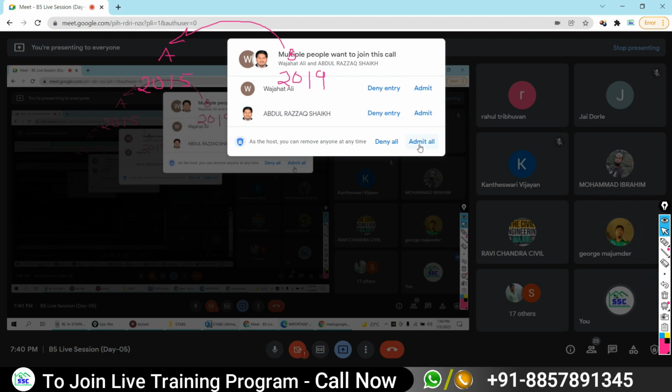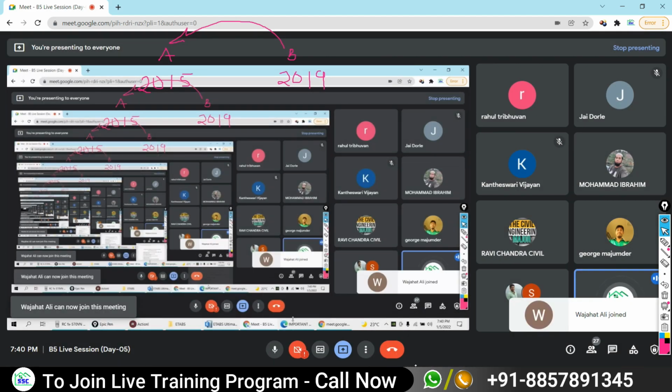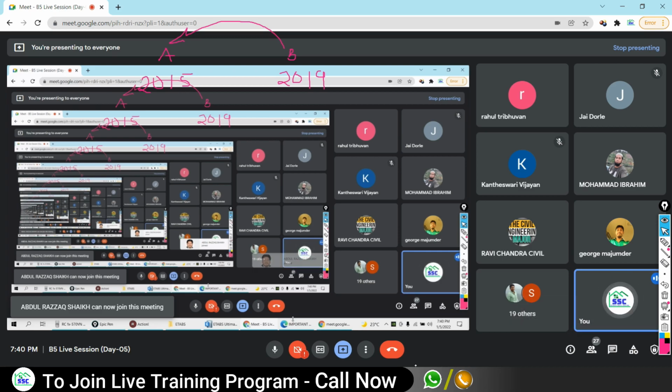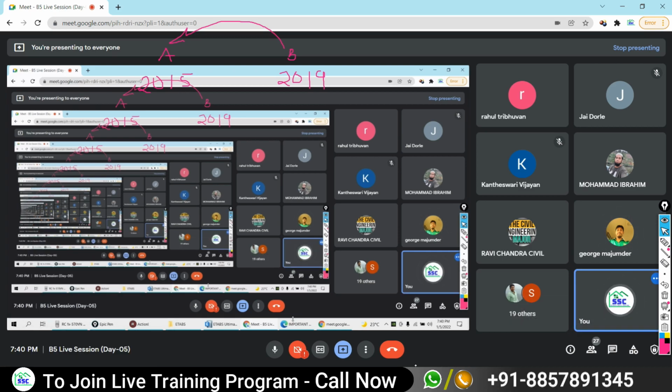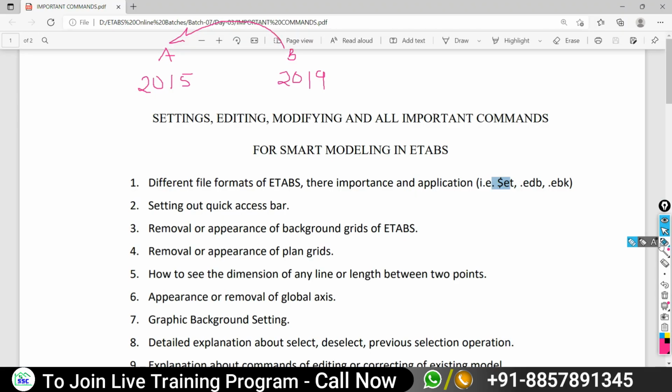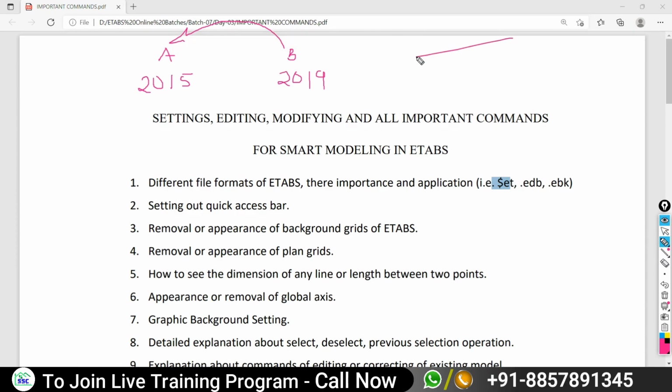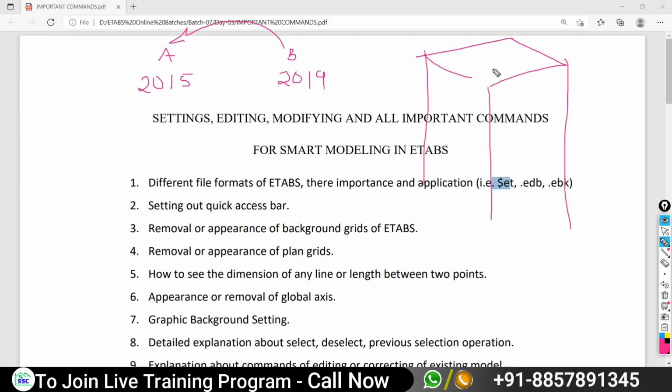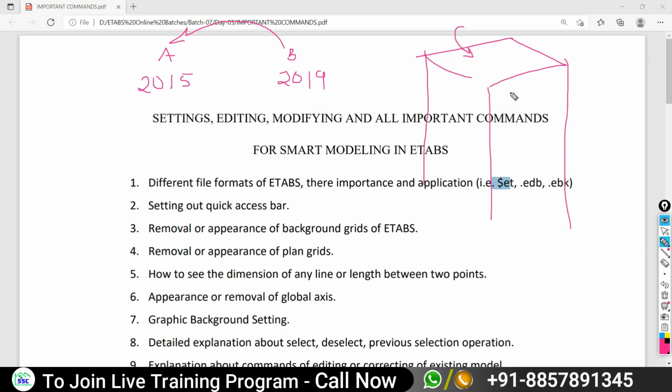So that is actually the problem. If two persons are practicing with different versions of the ETAP software and want to share their files with each other, and you try to open the higher version of the file in the lower version, there will be some complication that you need to understand. Why do you face this complication? Let's try to understand with an example. Suppose I am going to model a G plus 20 floor building, and all kinds of loads were assigned to this 20 floor building.